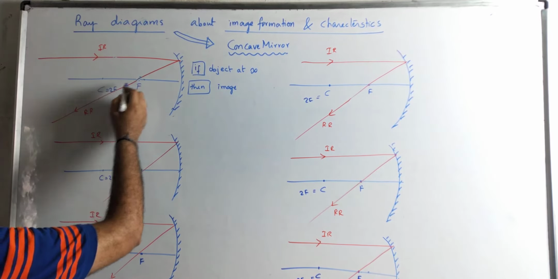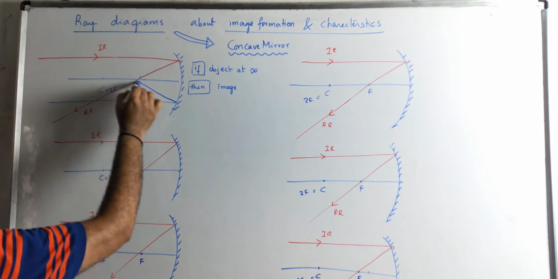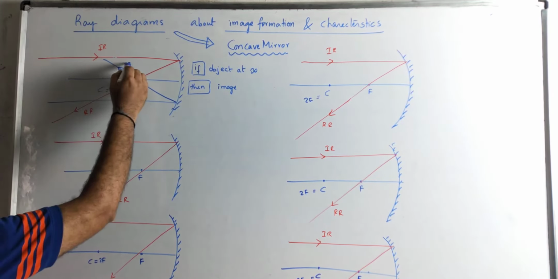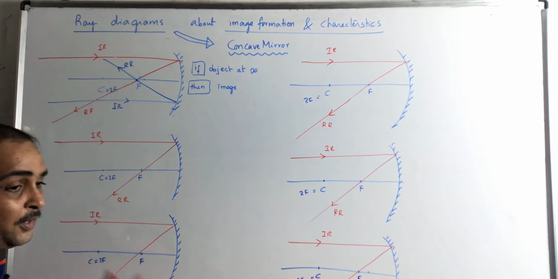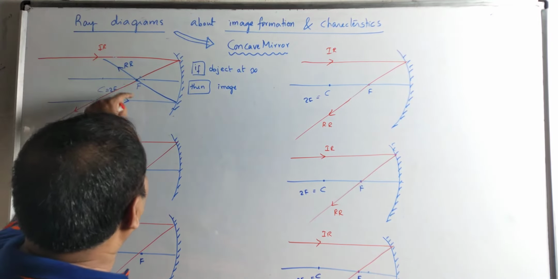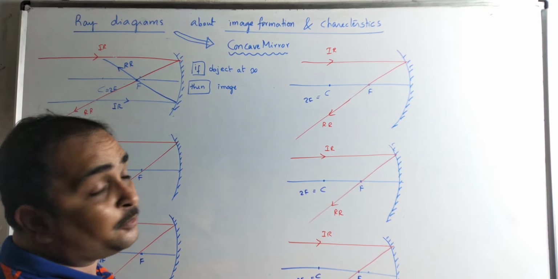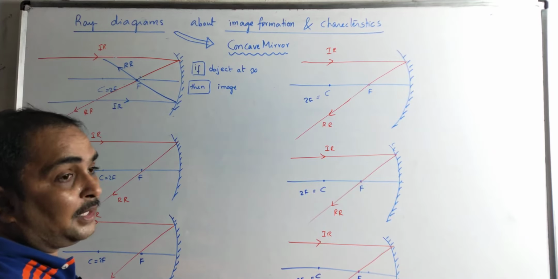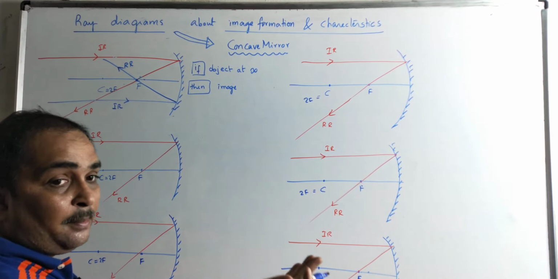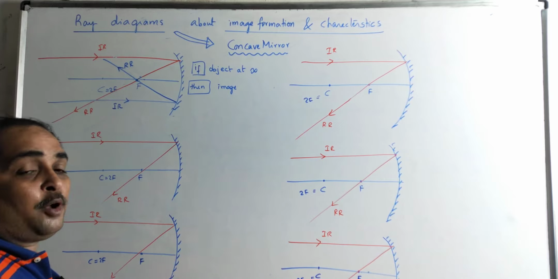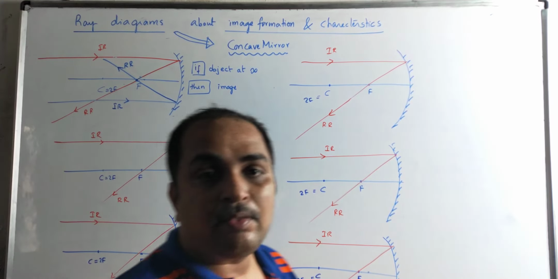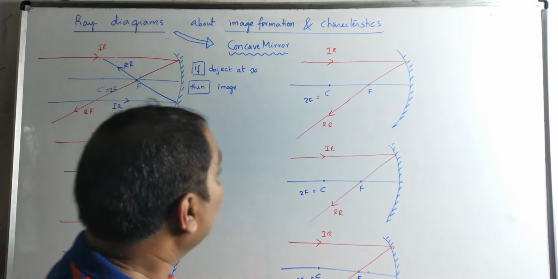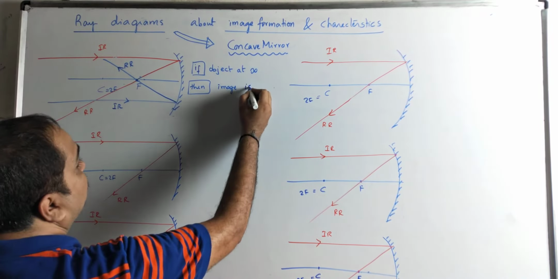Let us take another ray which is also parallel to the principal axis. It also passes through the focus. This is the incident ray, this is the reflected ray. So you will get a dot-sized image. Wherever two reflected rays meet, that is the image. Wherever two incident rays meet, that is the object. Before touching the mirror, those are incident rays. They come from the object. After touching the mirror, they come back. Those are reflected rays. Wherever they meet, that is the image. So here the image is point size.